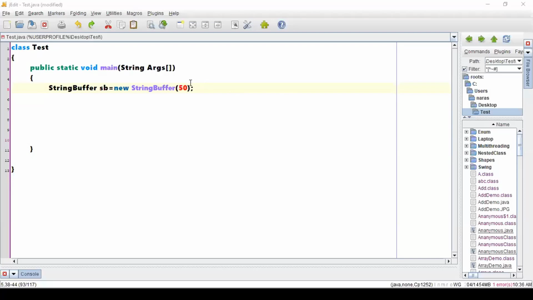Right? So what I mean to say is, after finishing this 50, if you wanted to add a 51st character, then a new object has to be created, all the 50 have to be copied to a new string buffer, and only then will you have extra spaces. Now, instead of doing this complete process of copying every content from an old one to a new one, will it take some time to copy content from an old buffer to a new buffer? Might be negligible, but there is some time for that, right?